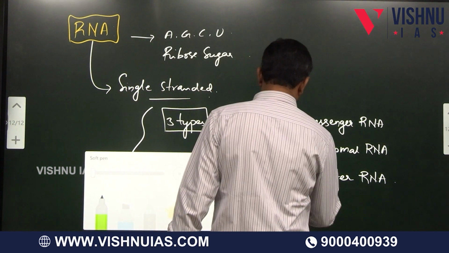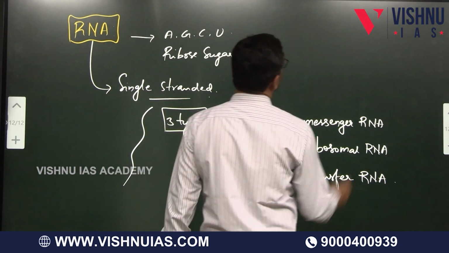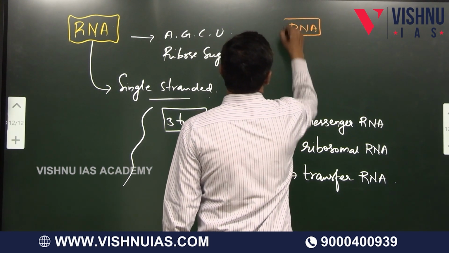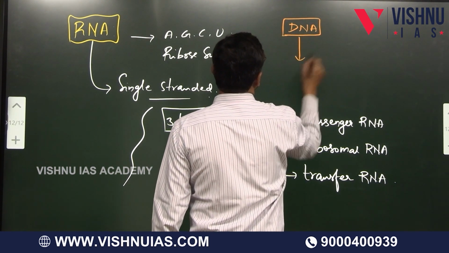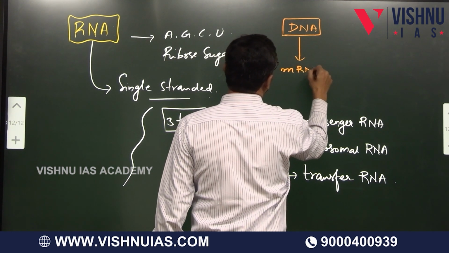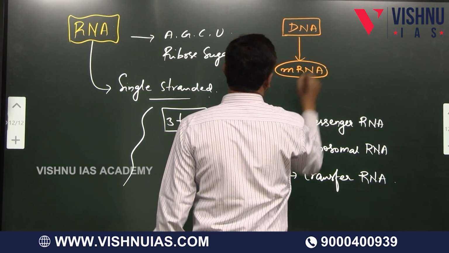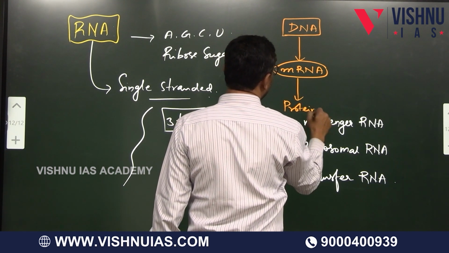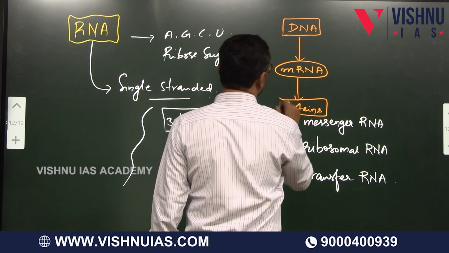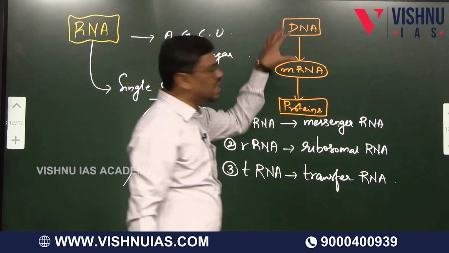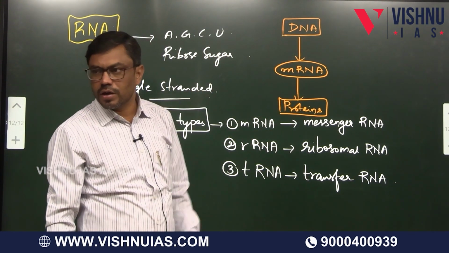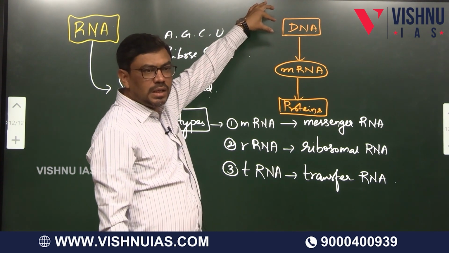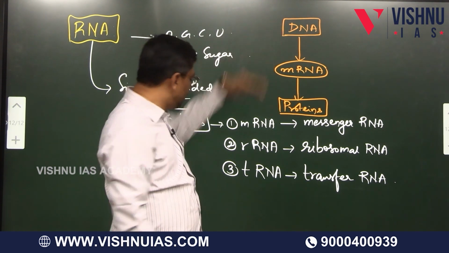Generally, the DNA stores the genetic information. From this DNA the genetic information will be carried in the form of mRNA, and from mRNA it will be decoded in the form of proteins. This is the sequence of transfer of genetic information. Got it? Generally, the genetic information is stored in the DNA, and